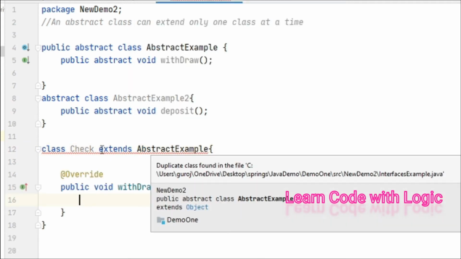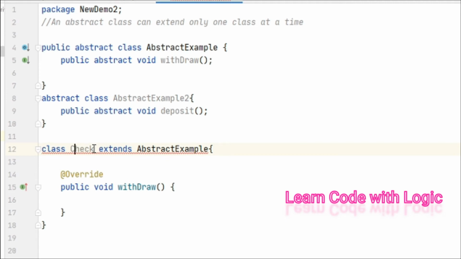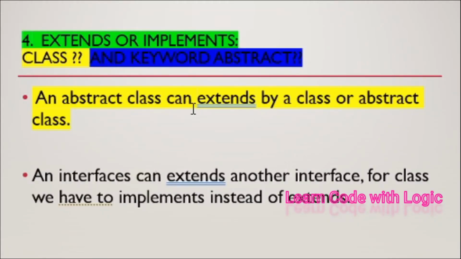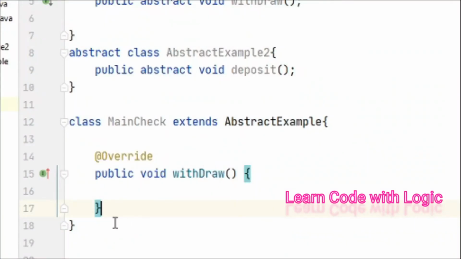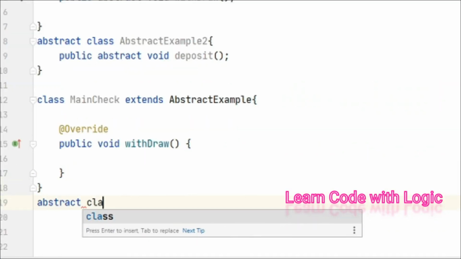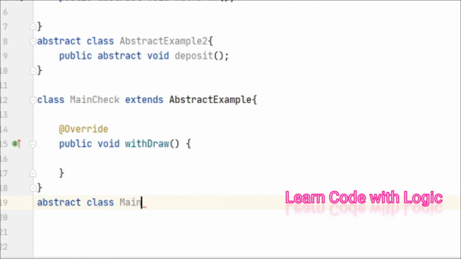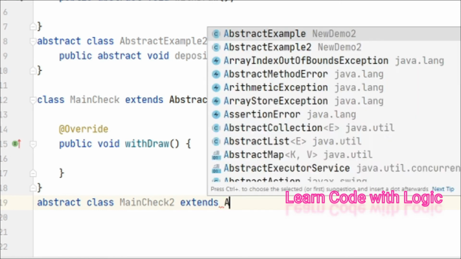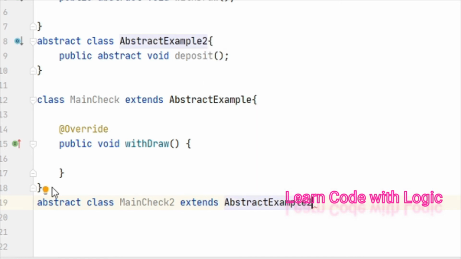Yeah, it's saying duplicate. Let's change the name. So class main check extends the abstract class. This is about extending by a class. Extending by an abstract class, let's see that one also. Abstract class main check 2 extends abstract example 2.